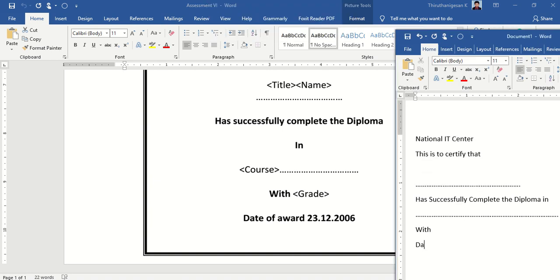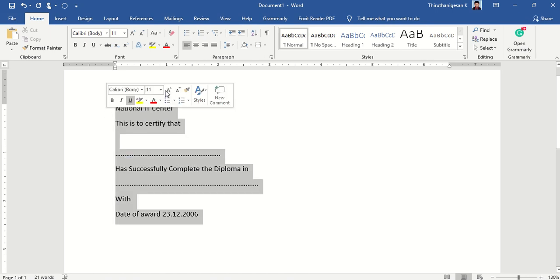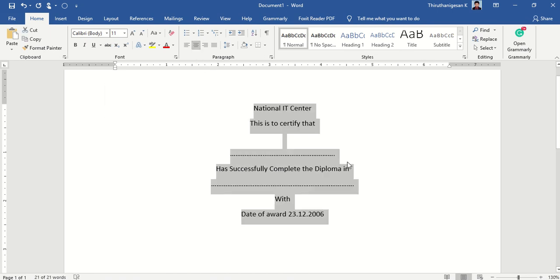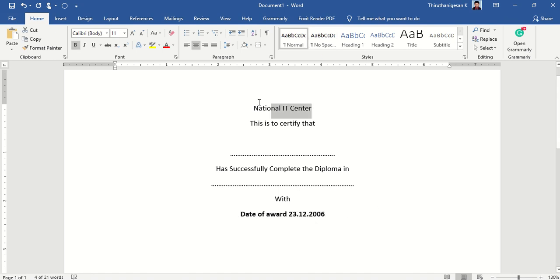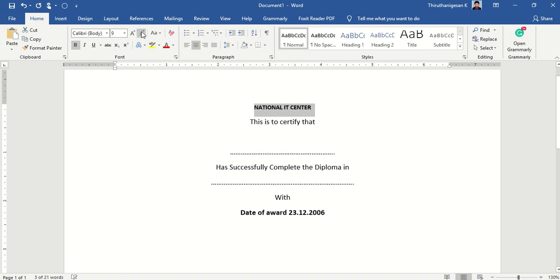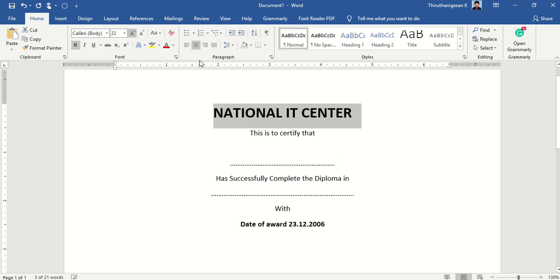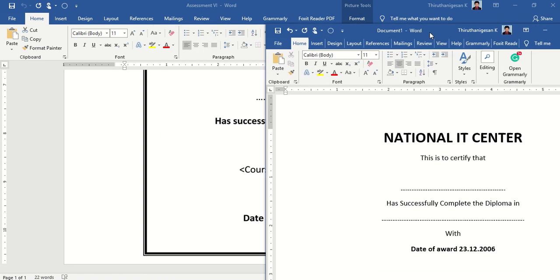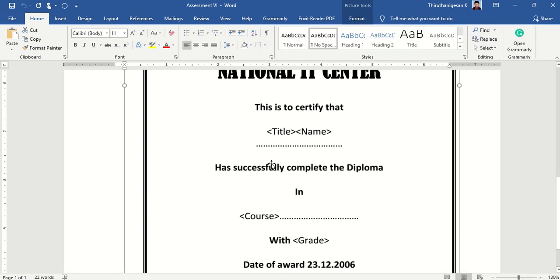Then date of award, 23/12/2006. Whatever format they have given, you want to apply that format. Those things you can easily do, like the bold and other format changes. These things you can easily do, but the main thing I will explain.